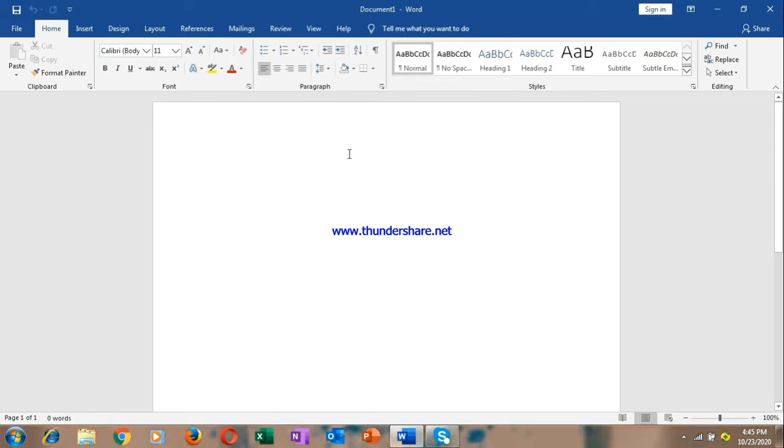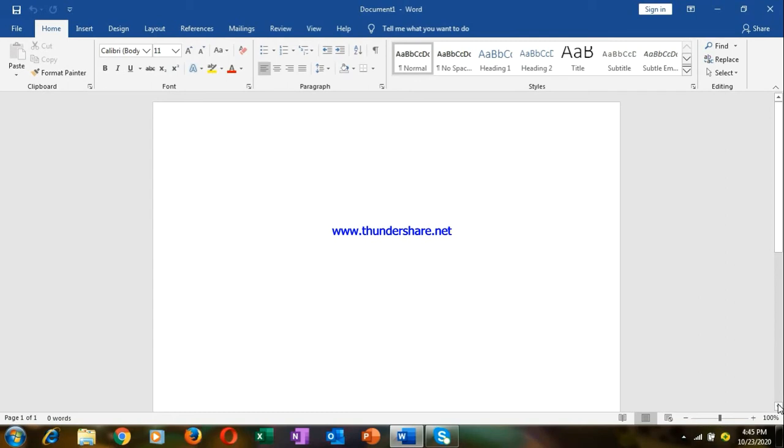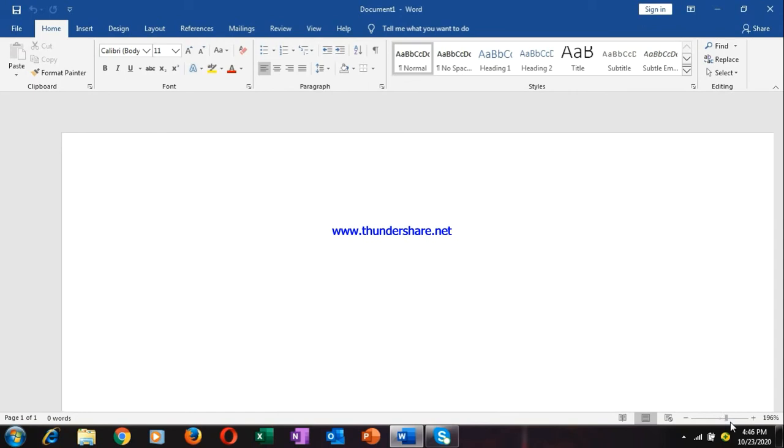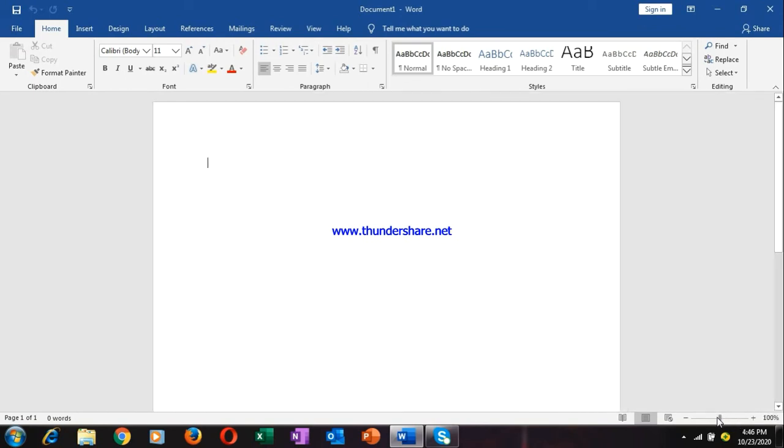Okay, next, this is the document window where you are typing each and everything. This is known as the document window, the typing area. And then this is the scroll bar, the vertical scroll bar. Can you see this scrolling? And then there is your zoom button. See, I am zooming out and zooming in. So this is the zoom button, 100% or 0%.